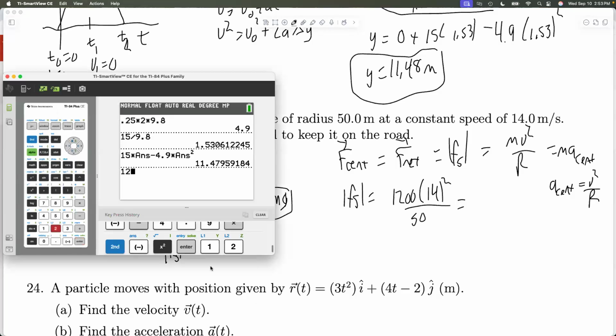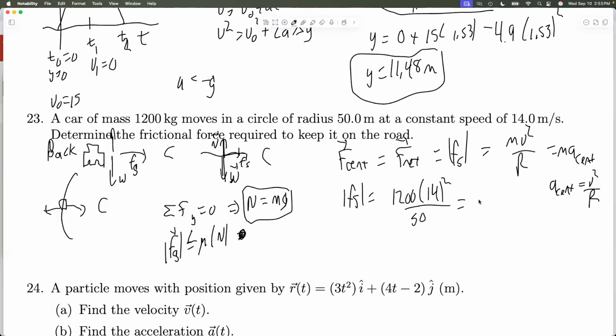So 1200 times 14 squared divided by 50. 4704 newtons. At that speed, that's how much friction we actually feel. If we were going faster, if this number got bigger and ended up getting bigger than this, we would start to slip. So the question didn't ask for it, but we would slip